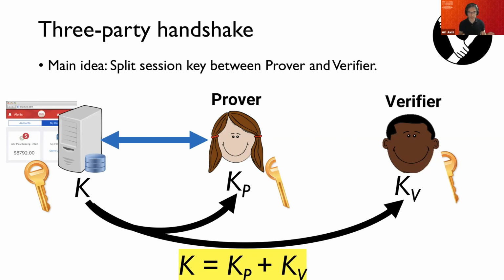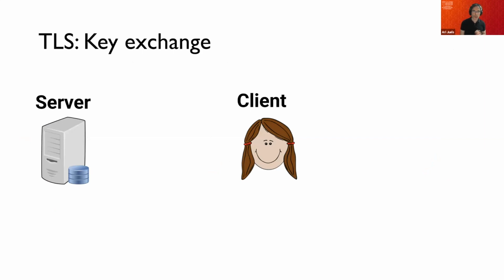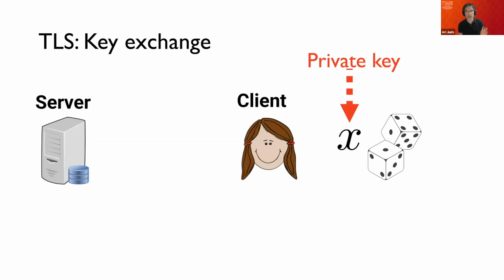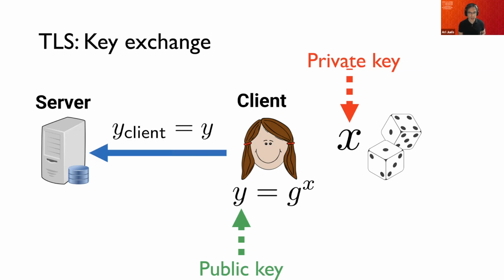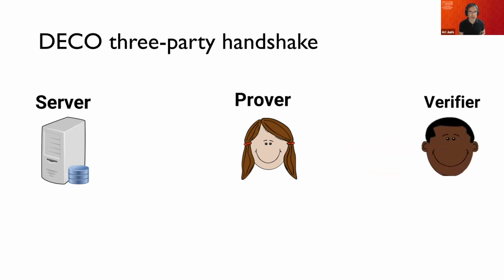The key will be split between the prover and verifier for reasons I'll explain in a moment. Normally in a TLS key exchange, the client, Alice here, generates her own private key, just in some versions of the protocol, and a corresponding public key. And she presents this public key to the server for the key negotiation. But she holds this private key herself, and she obtains a session key to be shared